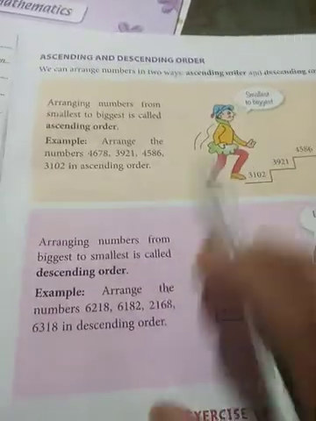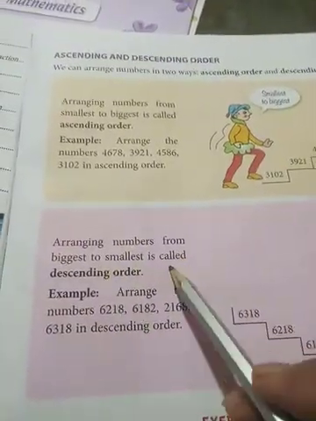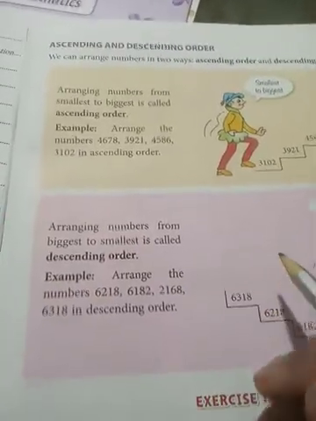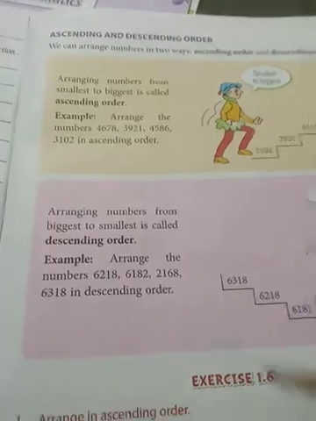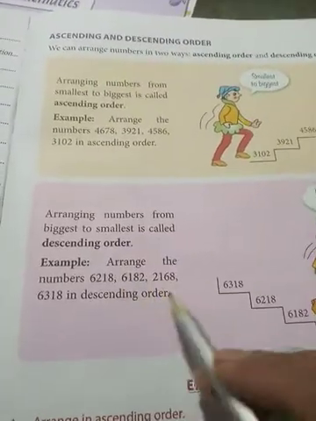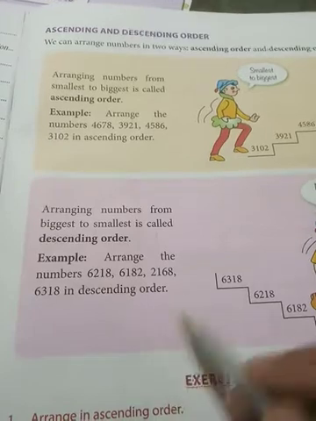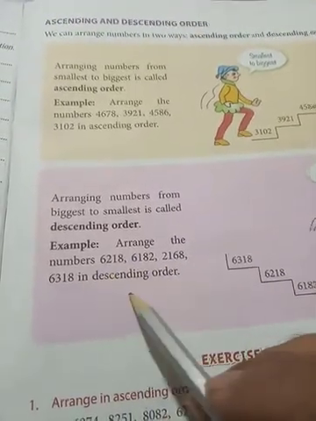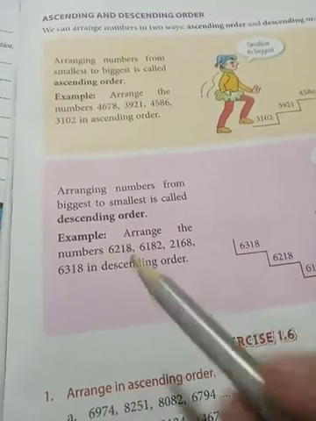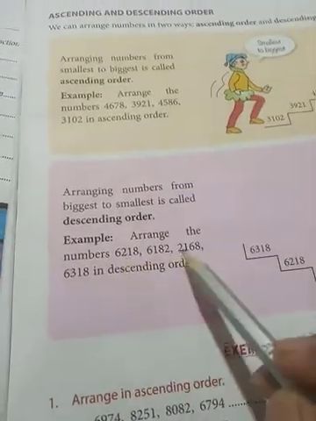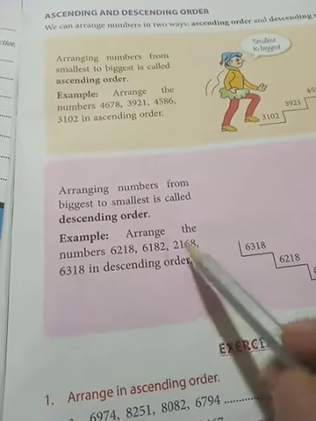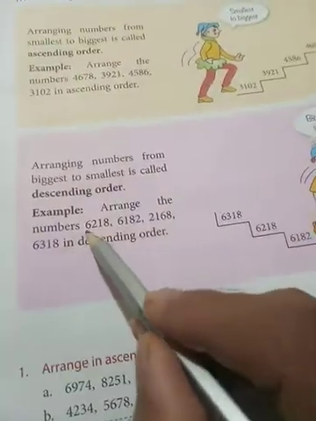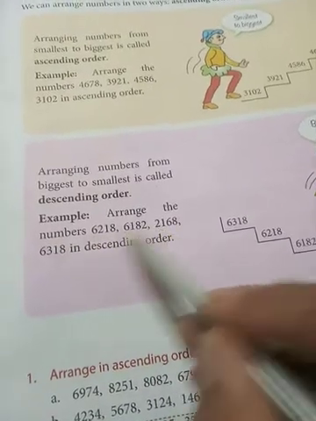Okay, then go to the next one, arranging numbers from biggest to smallest. Opposite of that one, descending means decreasing order. Descending order, so from big to small we need to arrange. For example, arrange the given numbers in descending order. You get a set of numbers like this. 4 numbers are given there, so we need to find out which one is biggest among them. We can compare the number of digits. You can see that all these numbers have 4 digits. Then go to the left extreme of these numbers. You can see that here 6, here 6, here 2, and here is also 6.